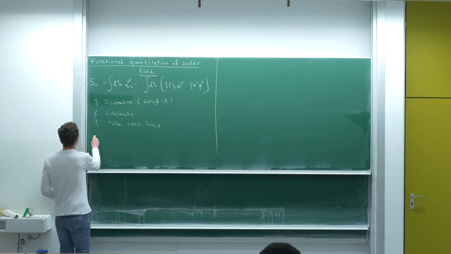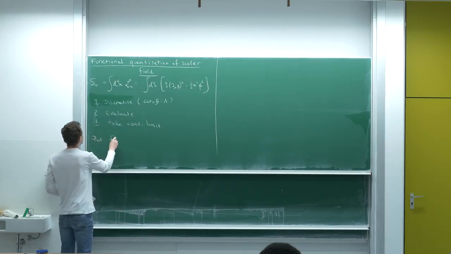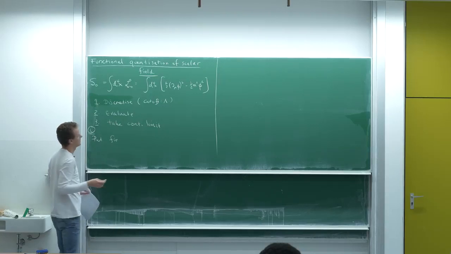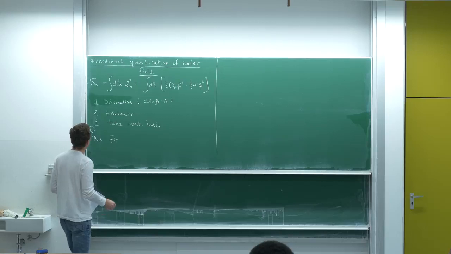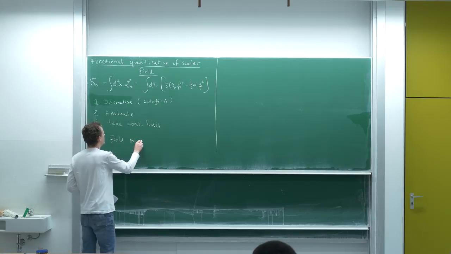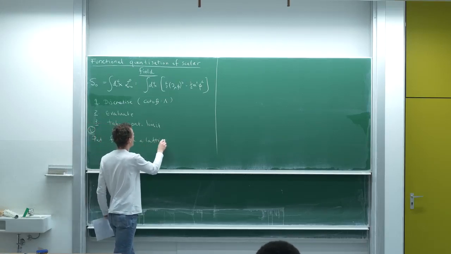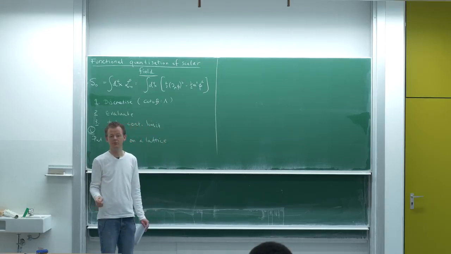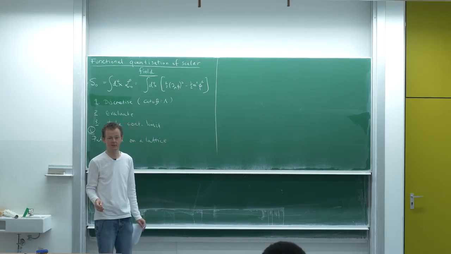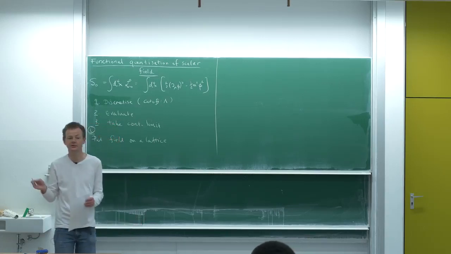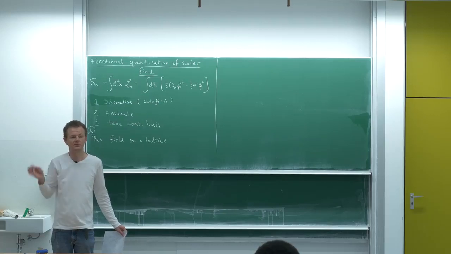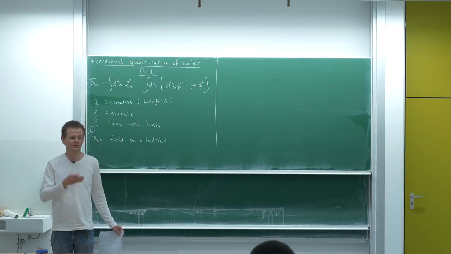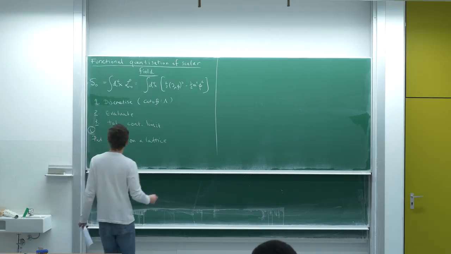Now, to carry out 1, we're going to do 1 for the next half an hour or so. We need to discretize, we need to put the field on a lattice, and we need to also cut off what's called infrared divergences. Even if you put the field on a lattice, you still have an infinite number of degrees of freedom, right? Because the real number line goes from -infinity to infinity. So even if you put something on a lattice, there's still an infinite number of lattice points. So we've also got to